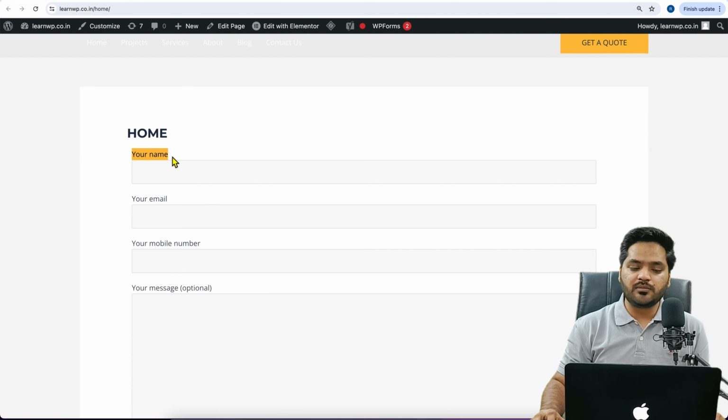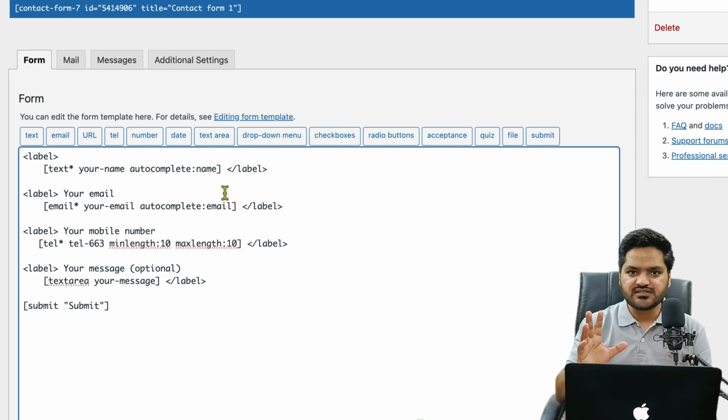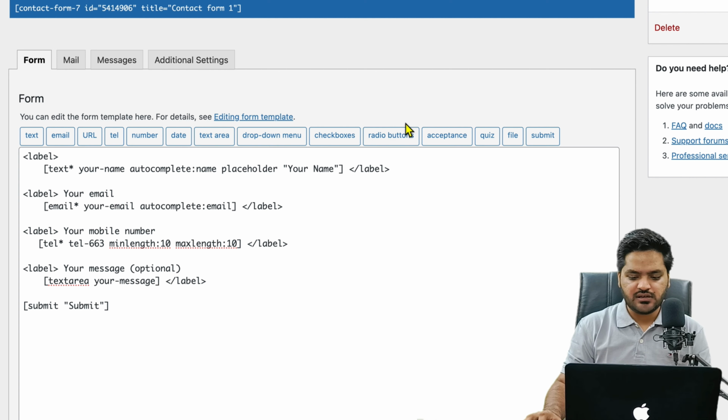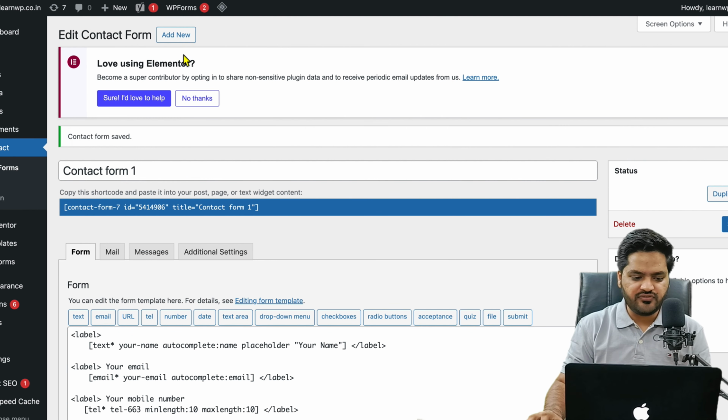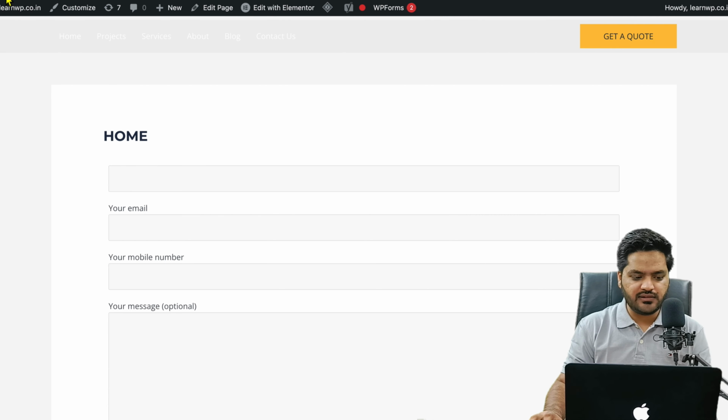And instead of that, in order to add a placeholder, what we need to do is, whatever the parameters are there, just press space and write placeholder and then space and double inverted commas. Now whatever your placeholder value is, in my case, let's say it is your name. So once it is done, click on save changes. For now, I'm just doing it for one field, and now come back to the form and let's refresh the